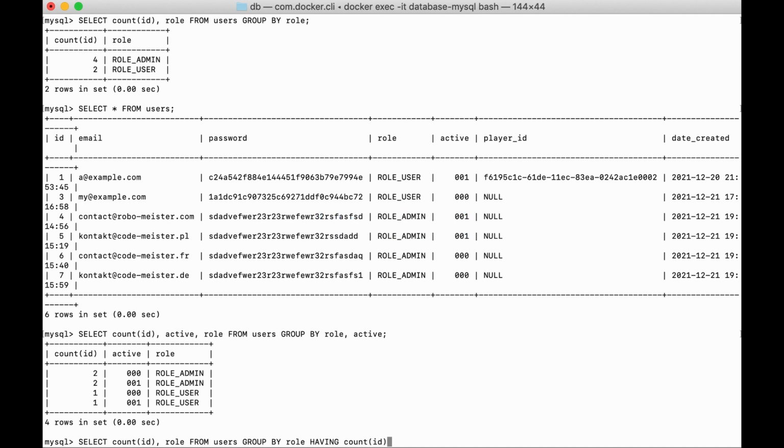Having determines conditions on the group, while where determines the condition for each row.